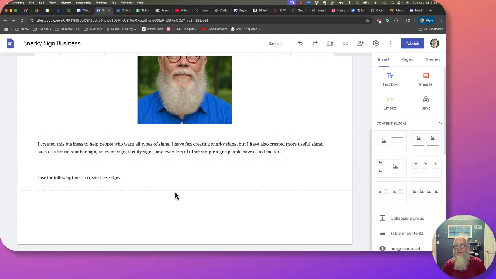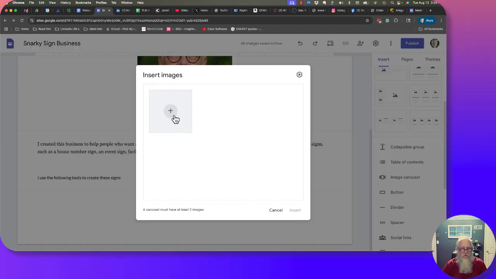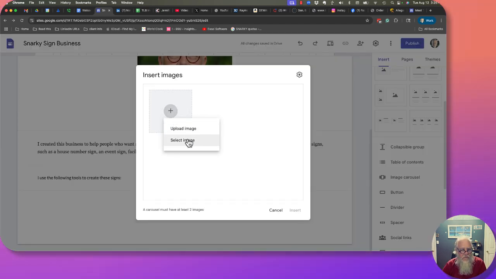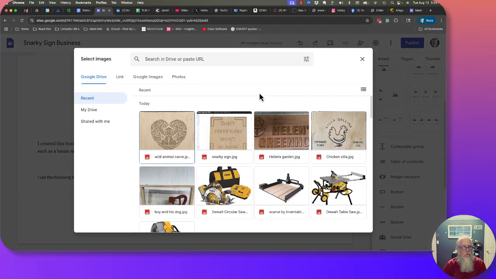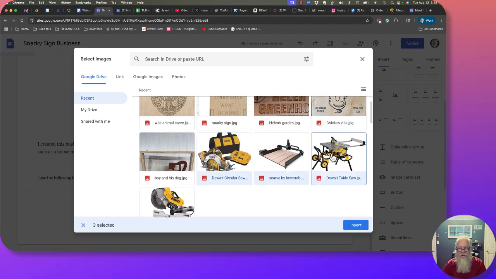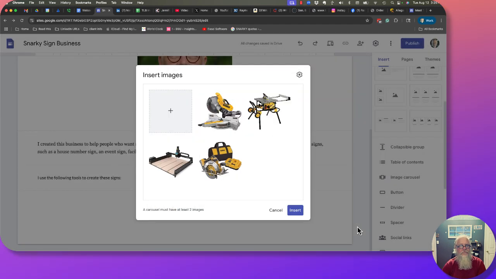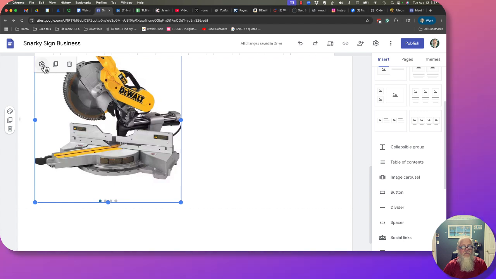And now what I want to do is put some images. So I can come down here. I can either grab content blocks for images, or I can grab an image carousel. Let's do an image carousel. Let's go grab images. Select them. And I want to, let's say, use the following tool. So I want this, and this, and this, and this. Insert. 1, 2, 3, 4. That's right. Hit insert. Now, what you might want to do when you do that, if you hit the sprocket,